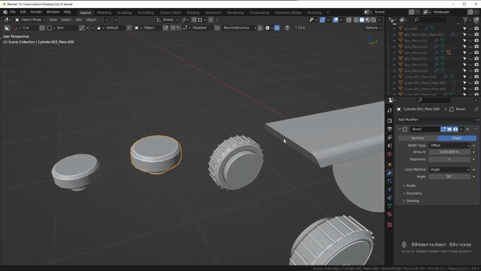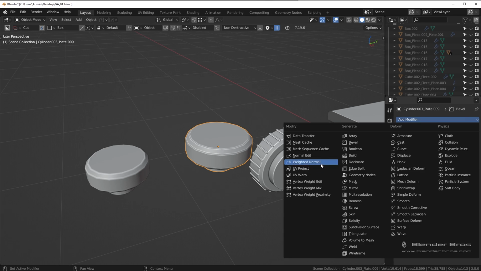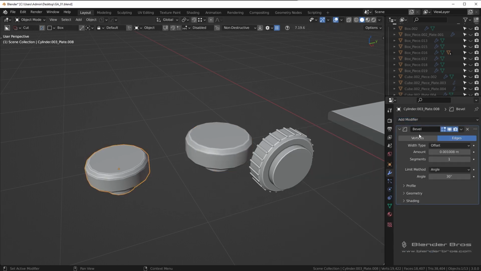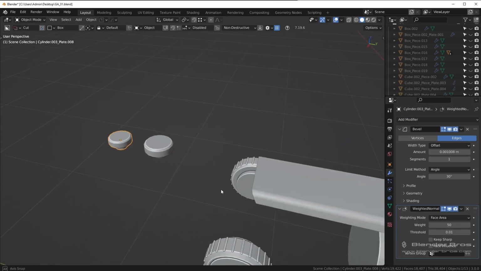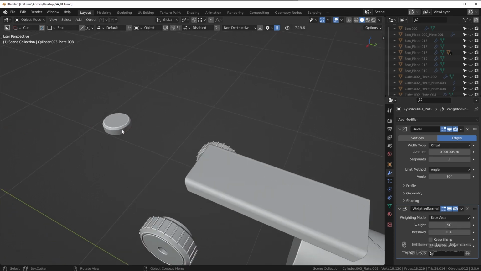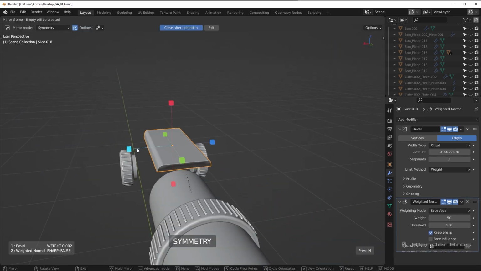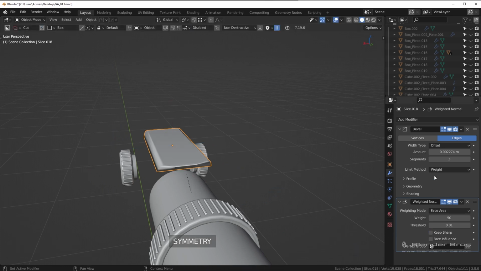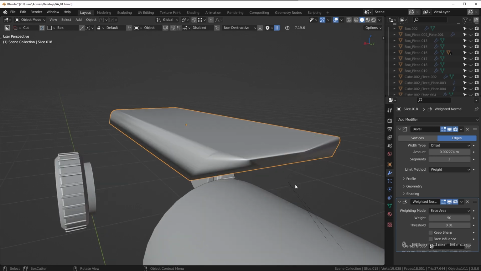So these screws here, I'm going to give them one segment as well. Make sure there's a weighted normal. One segment and then weighted normal. We're going to join this together, so it doesn't really matter. As long as the one you join it to has the one segment and weighted normal, it doesn't matter. I just always change the segment count and weighted normal just to reinforce a good habit. That's why I do it. Just turn off the keep sharp here, put that to one segment, and